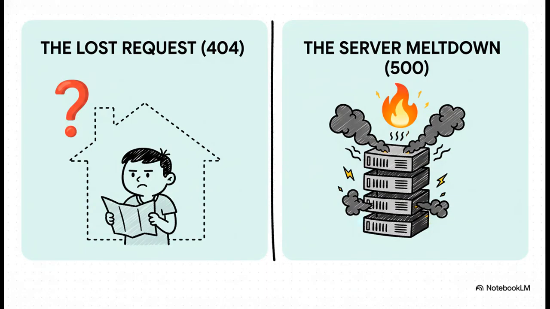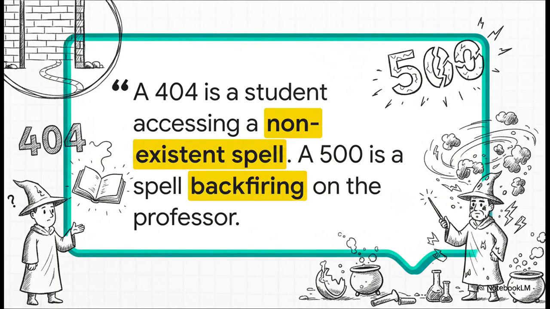When you think about it, errors really fall into two big buckets. On one side, you have the user making a mistake, like trying to find a page that just isn't there. We'll call that the lost request. And on the other side, you've got something much scarier. Your server has a meltdown because of a bug in your code. That's the server meltdown. The source material for this explainer had a fantastic way of looking at this, using a